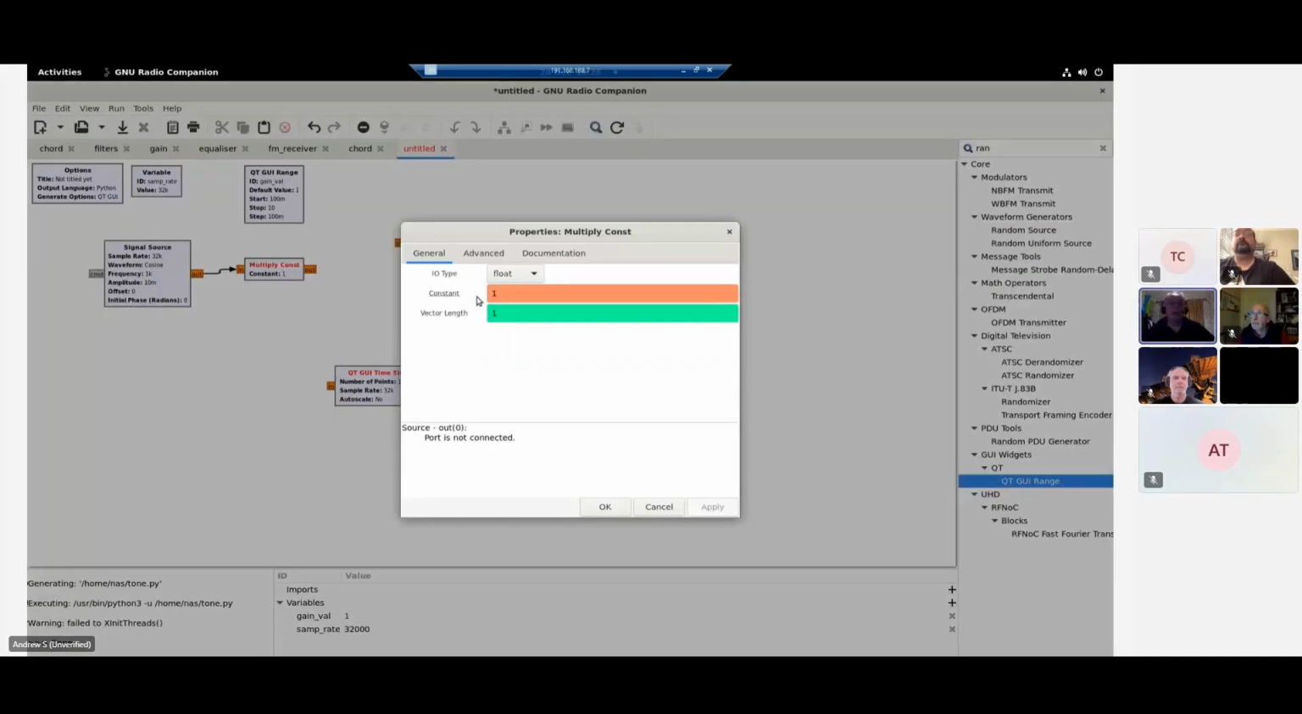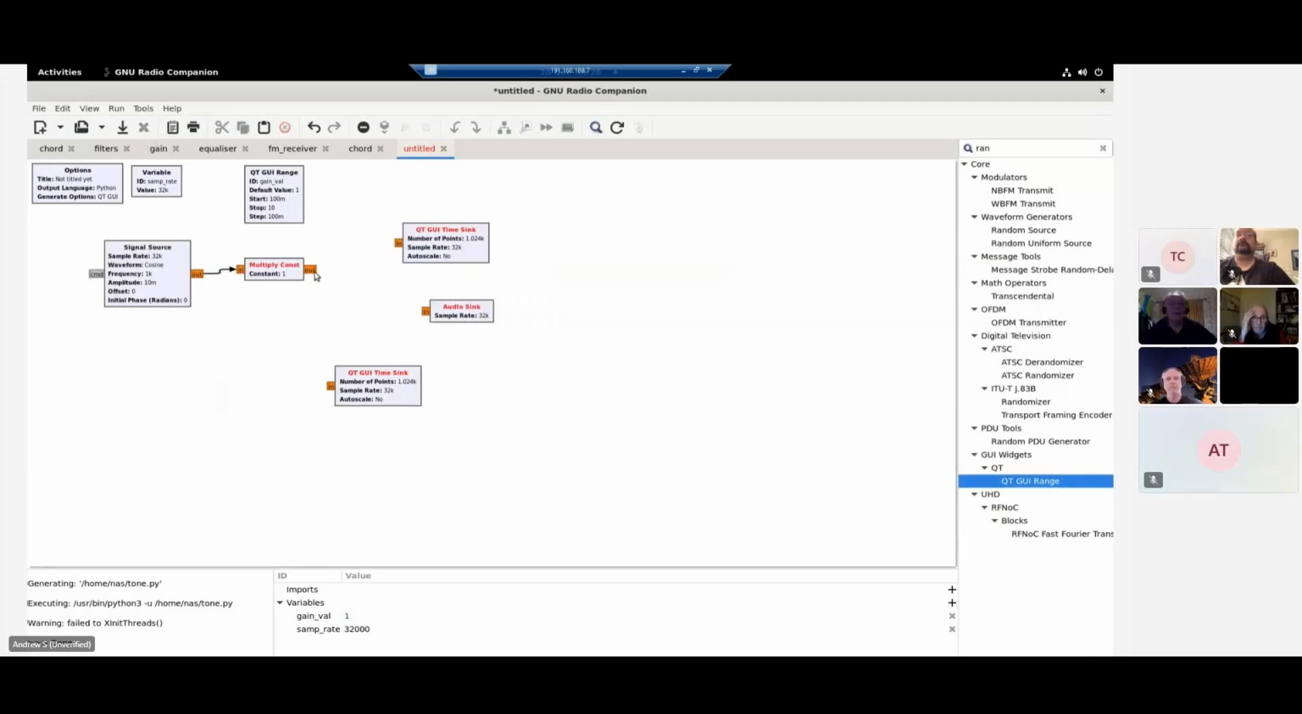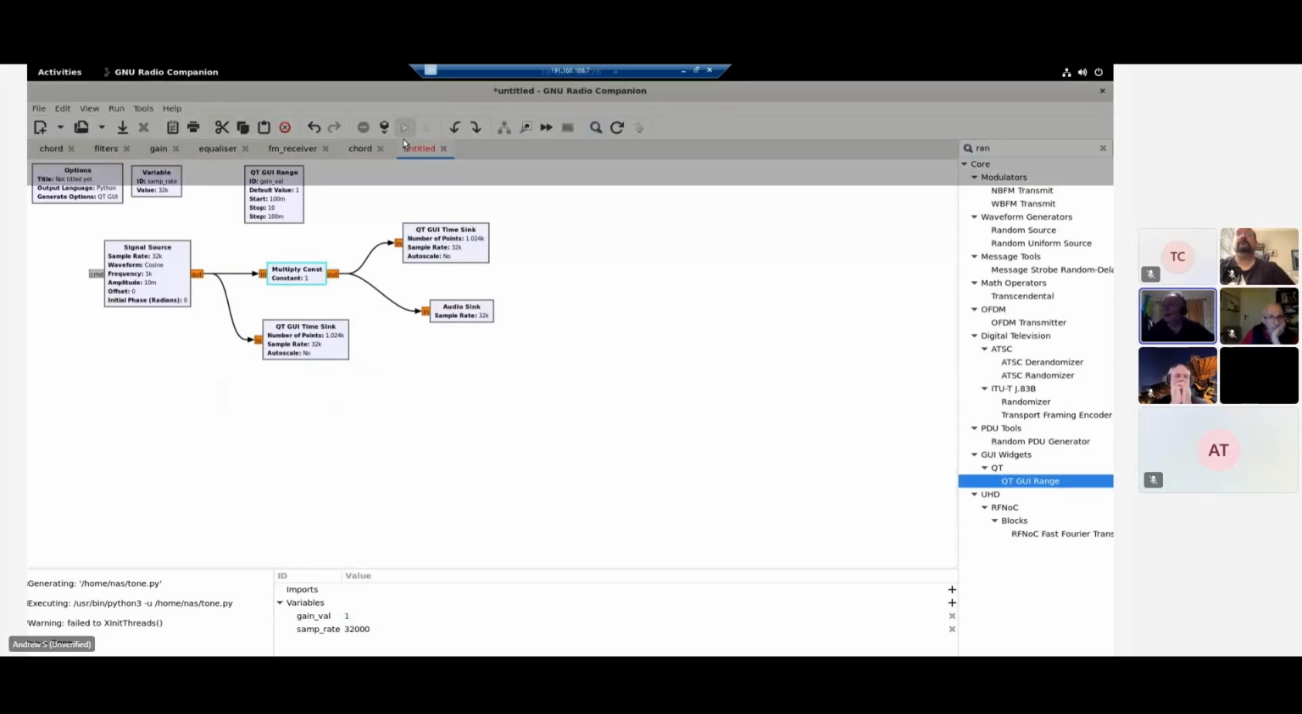And then in the multiply const, the constant is going to be gain_val. Gain underscore val. And then that can go out. The blocks, and then this time sync goes into there. So you've got 1 time sync before the multiplier, 1 time sync after the multiply. And then if we run that,